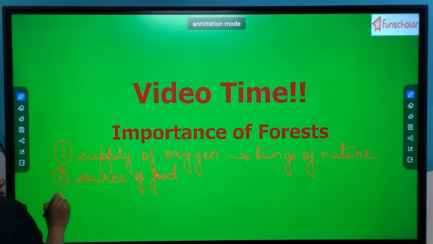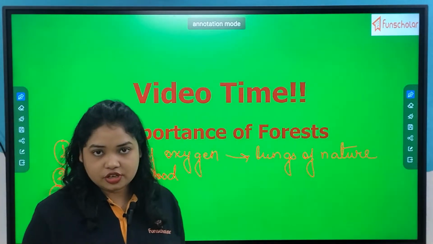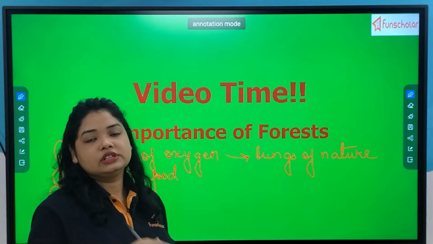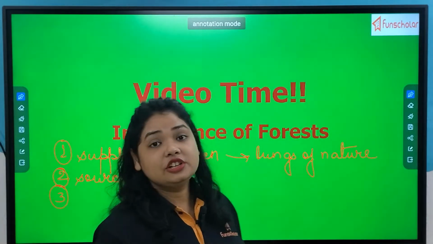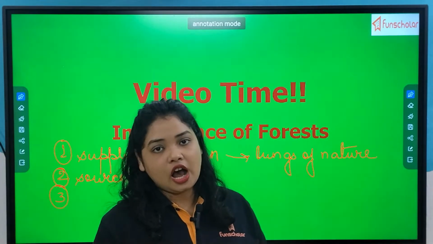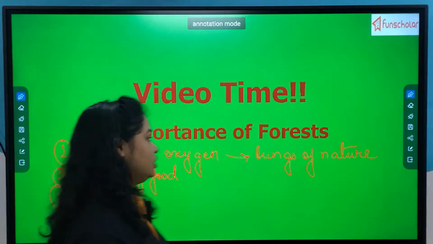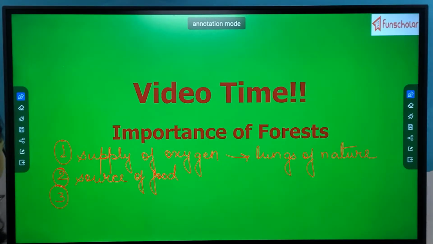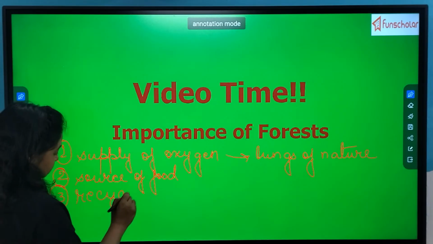Then, since in the forest structure we have seen about the different layers of forest, and there I have talked about the decomposers, and in the video also you have watched how decomposers help in recycling of nutrients. So that goes into the third point, that recycling